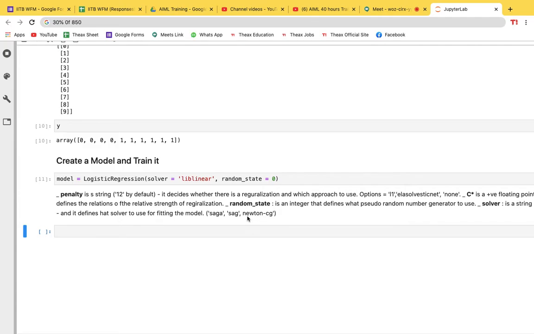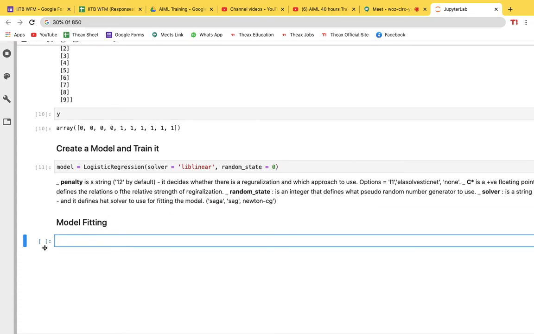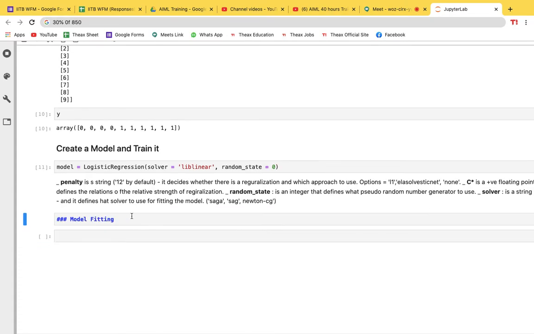So once your model is created, you need to fit them, or train it, right? So model fitting, if you say, again a term that comes up many times. So in machine learning you have to make a lot of notes basically. So I have given you everything. So model fitting, if asked, you can say